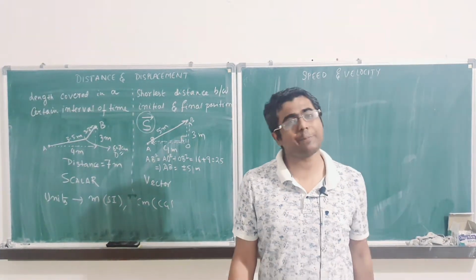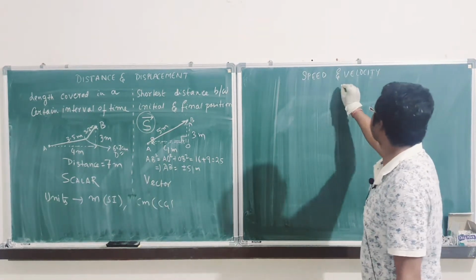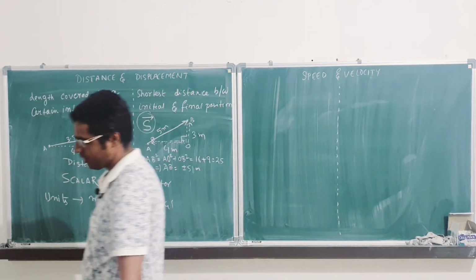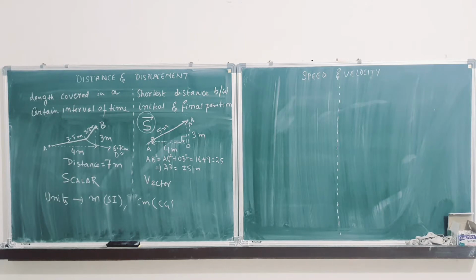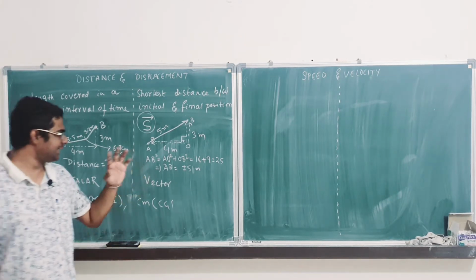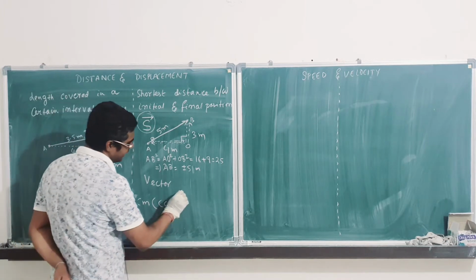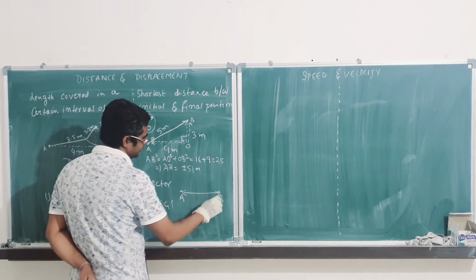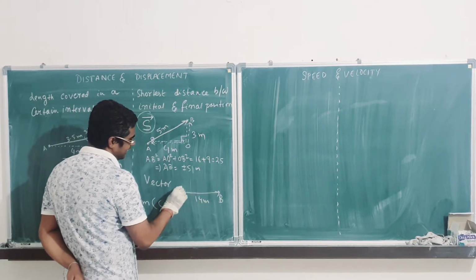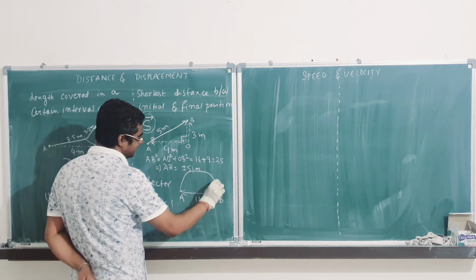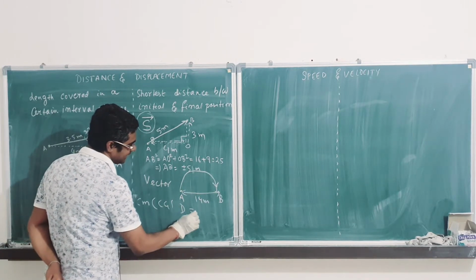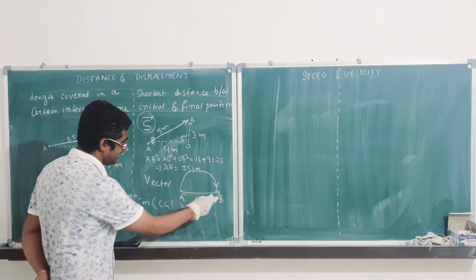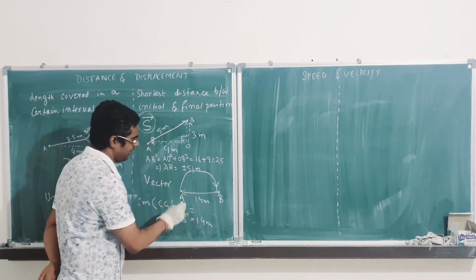Now we will be doing speed and velocity. Okay guys, before I start speed and velocity, suppose I give you these 2 points A, B. The length between these two is 14 meter. I start here, follow a semicircular path and reach B. I want to calculate first distance and then displacement. What will be the displacement first? Displacement will be the minimum distance between B to A, that is 14 meter. How will you calculate the distance?